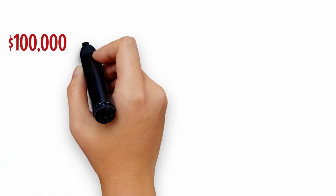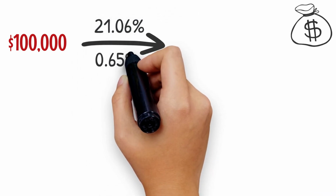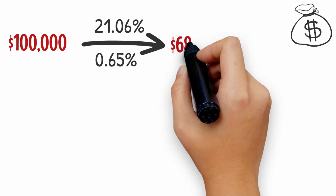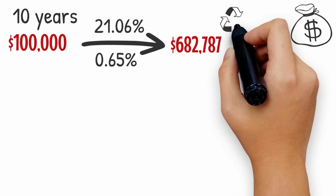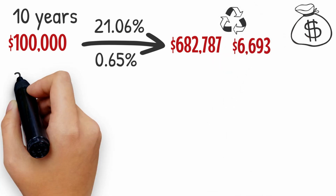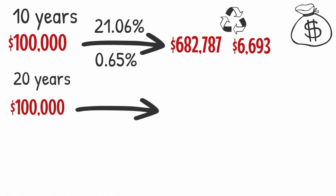With an initial $100,000 investment in FTEC, with average annual return of approximately 21.06% plus a 0.65% reinvested dividend yield, your portfolio could grow to approximately $682,787 over 10 years. Of this total, reinvested dividends would contribute around $6,693. If held for 20 years, your investment could grow to approximately